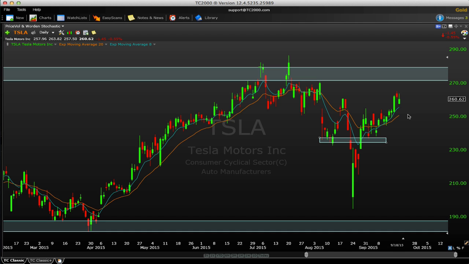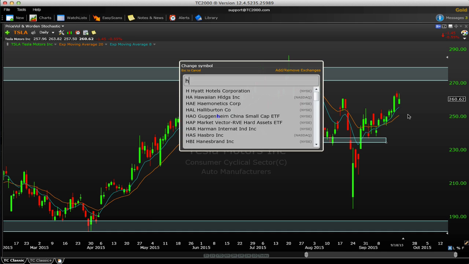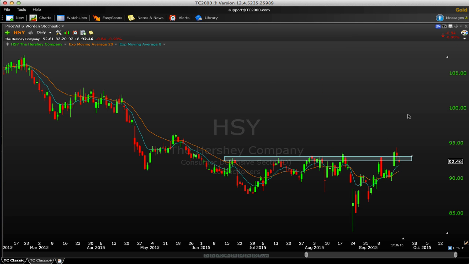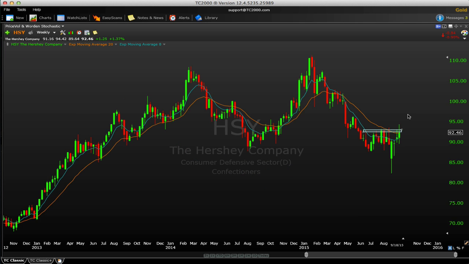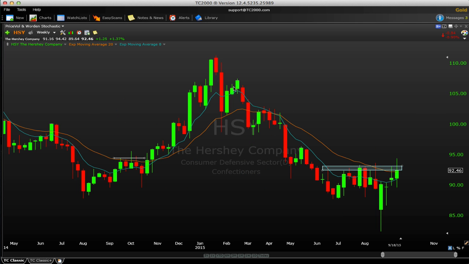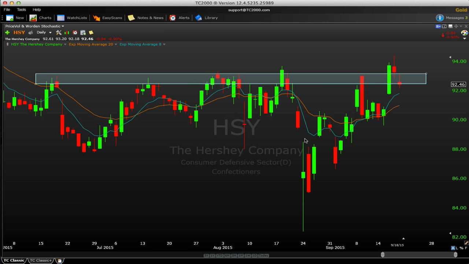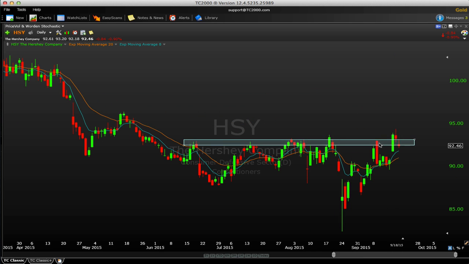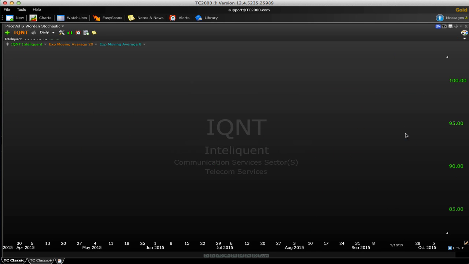Now let's look at some trade ideas into the week. Start with HSY. This is Hershey Company. I think we talked about this one last week. This one's still looking good. Again, it came off a little bit between Thursday and Friday, but if you look at a weekly chart, you can see it's been in a downtrend for basically all of 2015. Moving averages starting to curl over. You're starting to see a little bit of a bid come in here, so keep an eye on this one. I think it's battling in this zone right now. Could start to look pretty good there in Hershey.